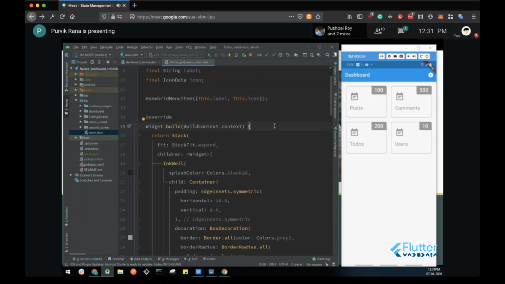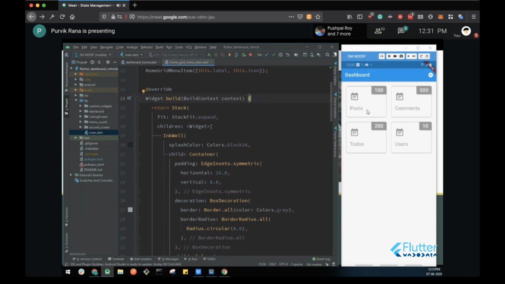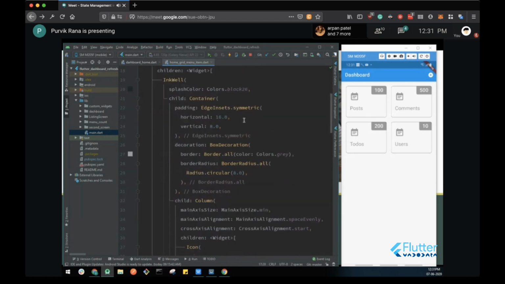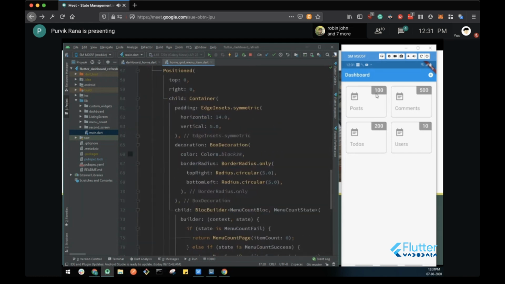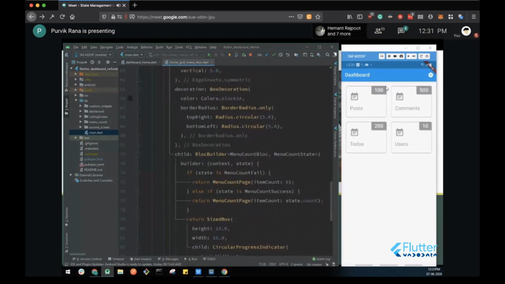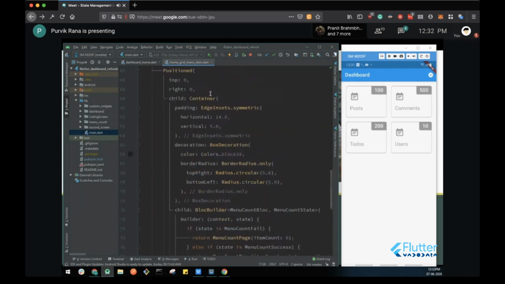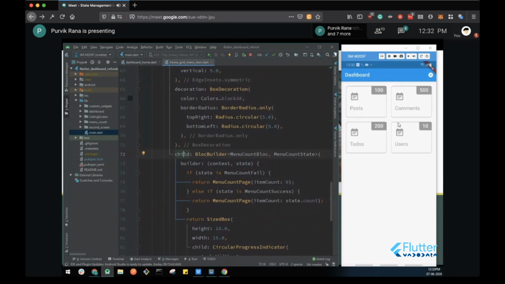So this custom component has the label and icon, and inside it I have this small portion which displays the counts from the API. I have the block builder for this small portion, not because I want to change the UI here, but because I only want to display some processing here. So the block builder is associated with this part only. My whole component has one child that represents this.